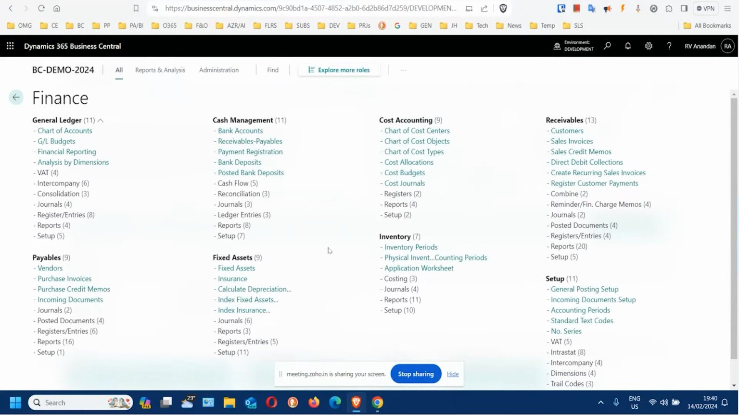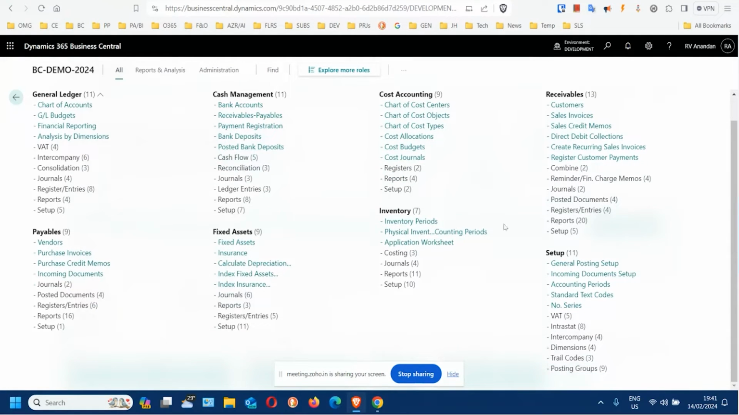And these are all the sub-modules that are available within the finance. We have the general ledger, the payables and receivables, and then the fixed assets, inventory, and cash management. These are all the modules that are available here by default. And if I go into the accounts,